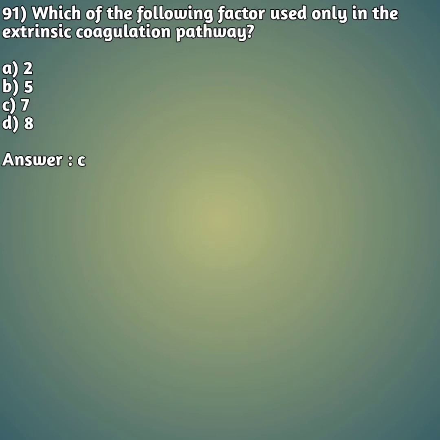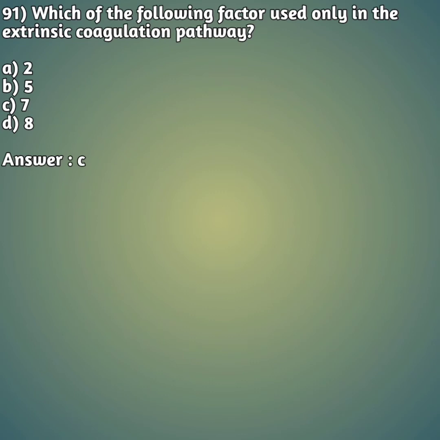So moving on to our 91st question. Which of the following factors is used only in the extrinsic coagulation pathway? So friends, as you all know, in our coagulation studies we have two pathways, that is the intrinsic pathway and the extrinsic pathway. The intrinsic pathway has all the factors, and the extrinsic will have only two factors, that is factor 3 and factor 7, right? So here the right answer is answer C,